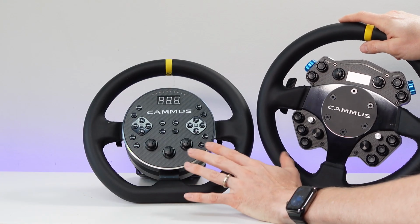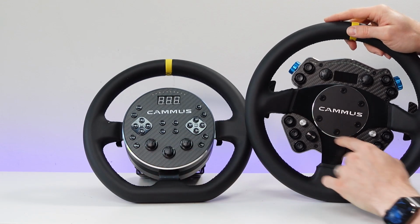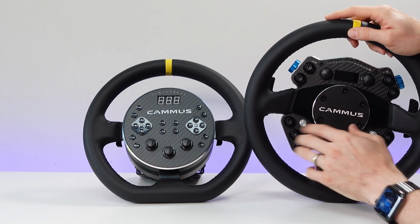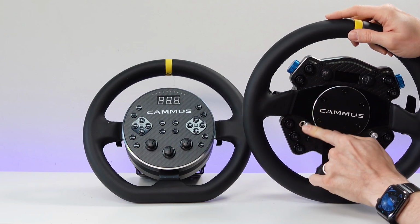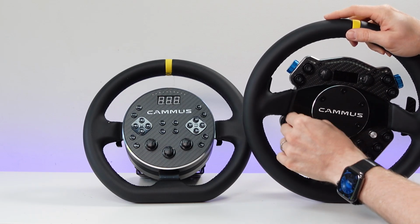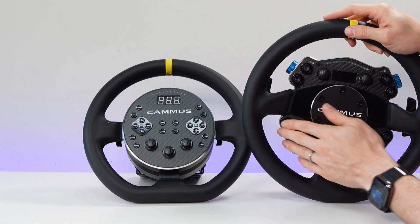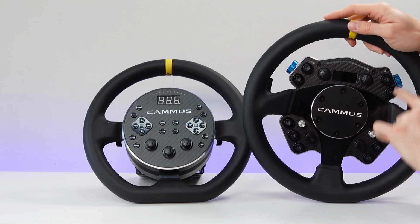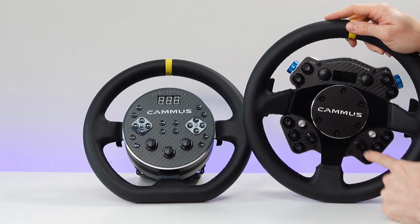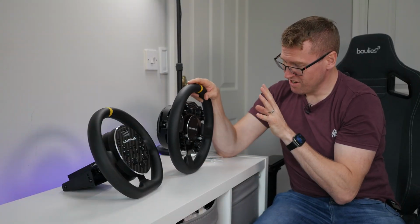All I can do here is compare them visually. We lose one of these rotary encoders. We gain 2 of these really nice rotary encoders. We get this 4-way directional hat, and then we have a 7-way proper multifunctional hat here. And I wasn't using all these buttons anyway, so having these buttons here and having click down on these rotaries is, yeah, a really nice